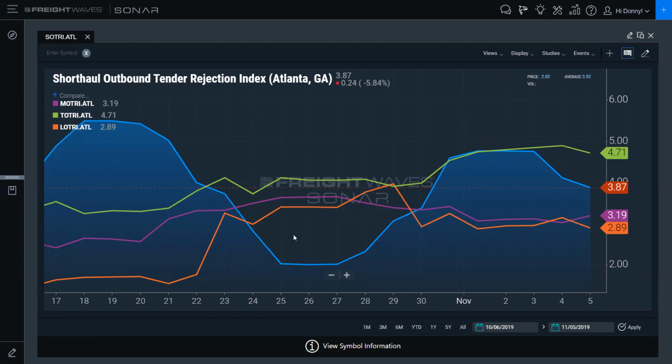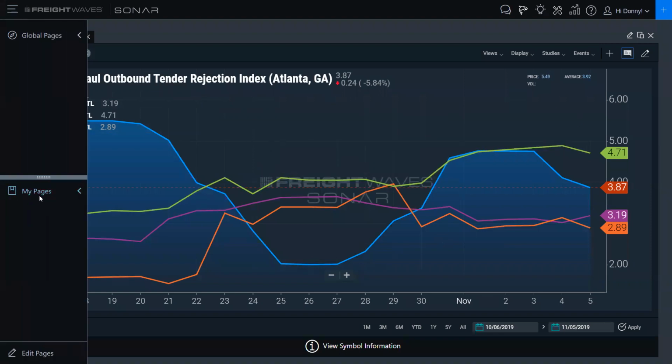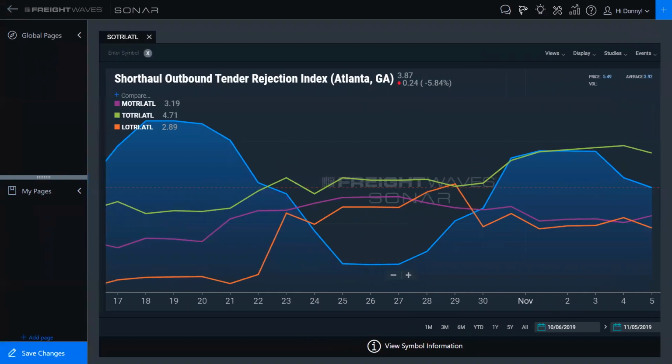So moving on here, we've looked at volumes. We've looked at the Headhaul Index. Let's go to a quick map that I love to use also that can really help you figure out what's going on in these markets, because a lot of people struggle with where to start when they first log into SONAR. Now that we know what's going on with volumes, the Headhaul Index, and outbound tender rejection rates, I'm going to start a new page here,